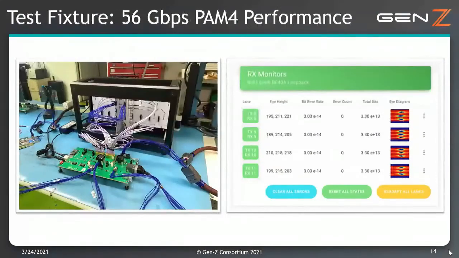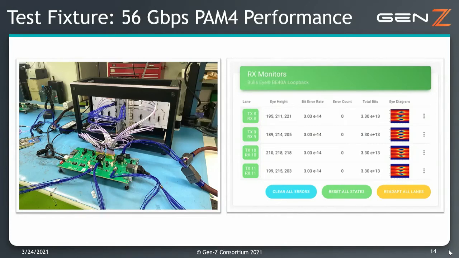Moving to the next slide, this is an actual picture of some of the test results that we've observed testing this platform. Looking at the data on the right-hand side, the top two lines show the signaling going AIC to AIC, and the bottom two lines show top card connectivity. The results, just using some PRBS31 data from an external transceiver source, show eye heights